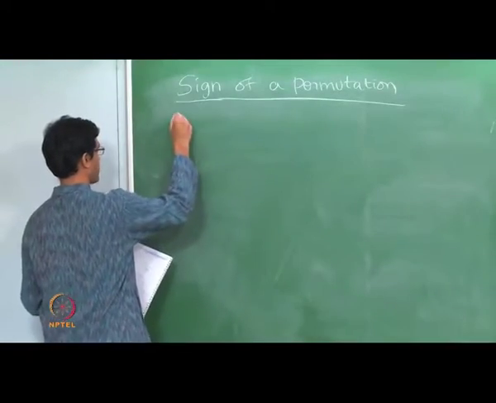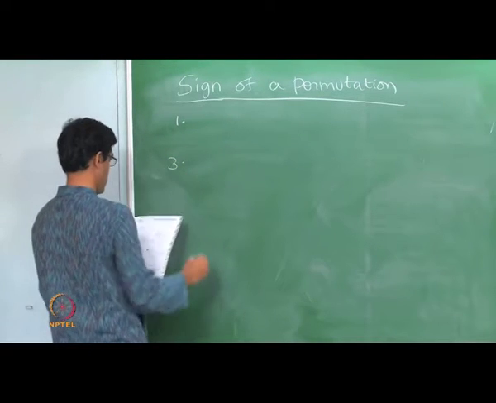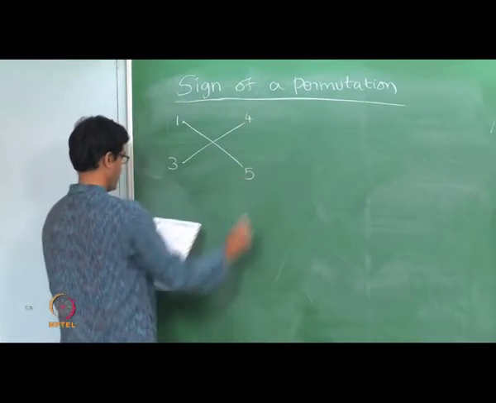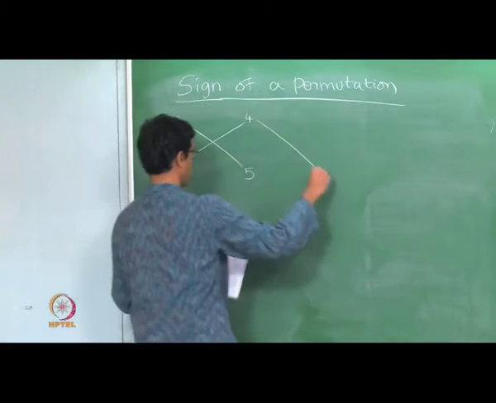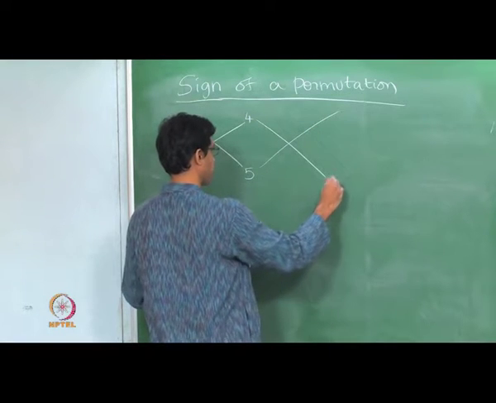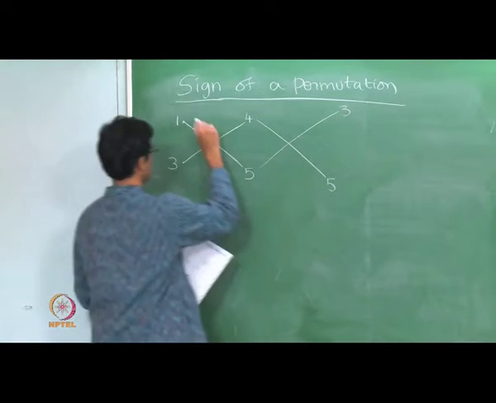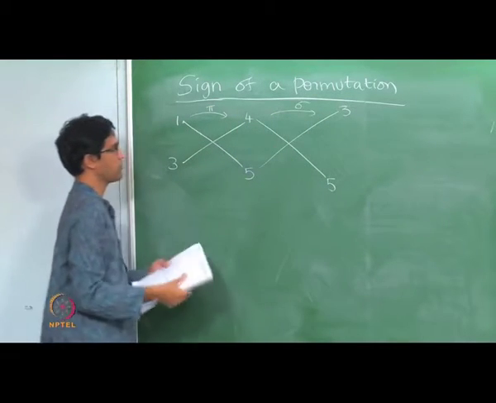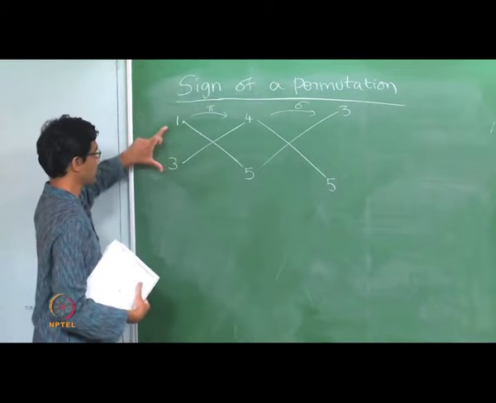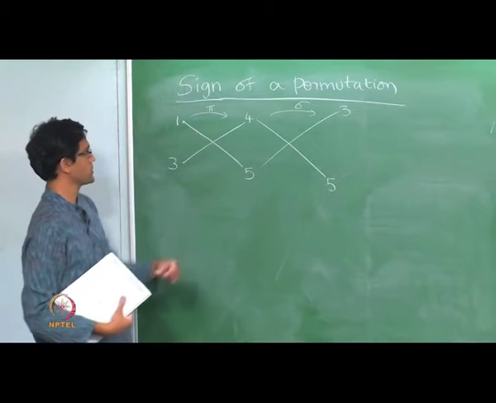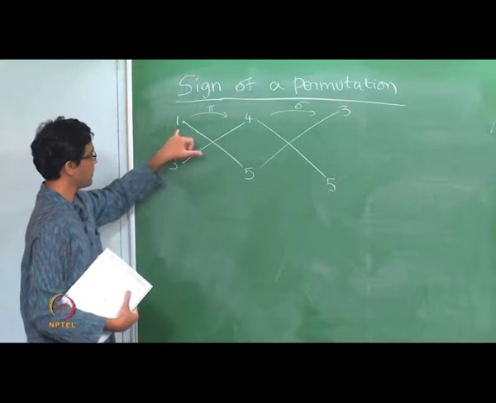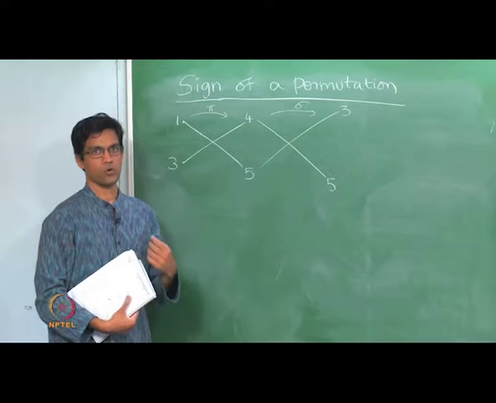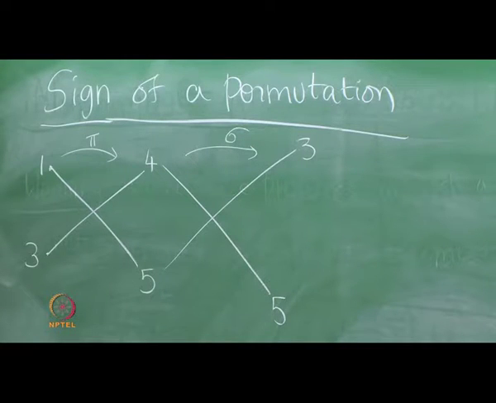So here's what we have in our example. The 1 and the 3 map to, in the first step they map to 4 and 5, so that's a crossing, and the next step under sigma 4 maps to 5 and 5 maps to 3. Okay, so this is under pi, this is in the diagram for sigma. I am not drawing the full diagram, only the relevant part. So here is an example where I have two crossings, and in the final answer 1 maps to 3, that is the composition, and 3 maps to 5, right. So there is no crossing anymore in the final answer.